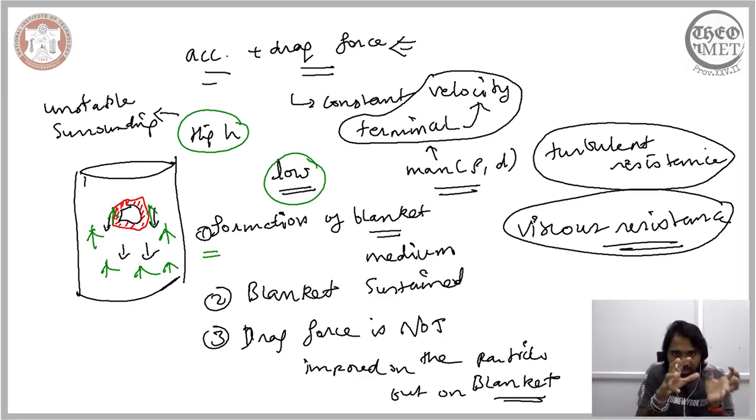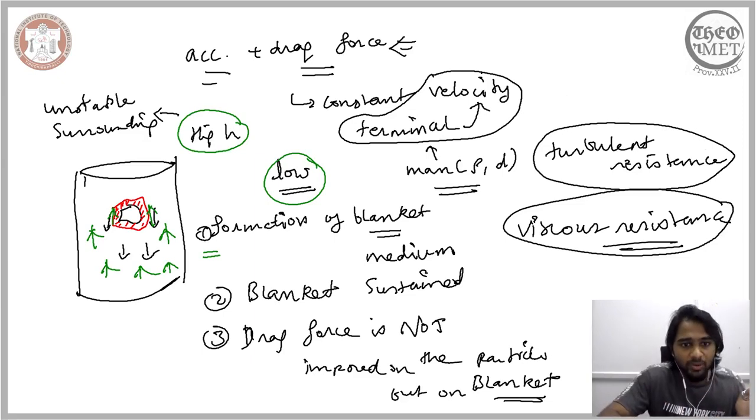So with this theory on how the drag force is imposed on the particle, how the resistance is imposed on the particle, and how it depends on the velocity with which the particle progresses, and ultimately on the size of the particle. This difference in the resistance depends on the velocity with which the particle progresses. Again, the velocity with which the particle progresses for a given medium depends on its mass. So with this understanding of how the resistance is imposed on the particle, we will wind this lecture up,